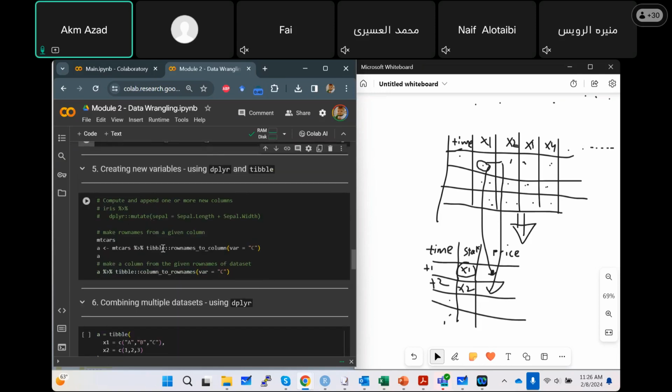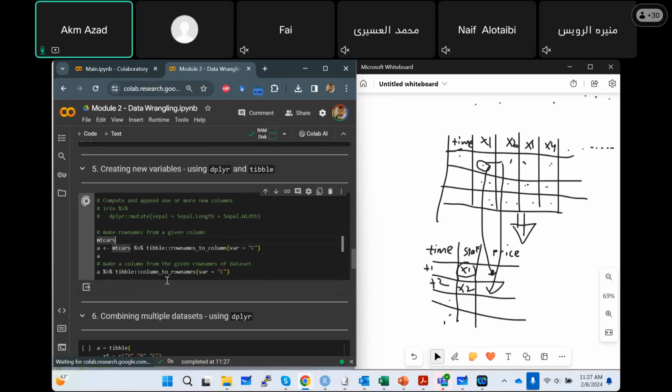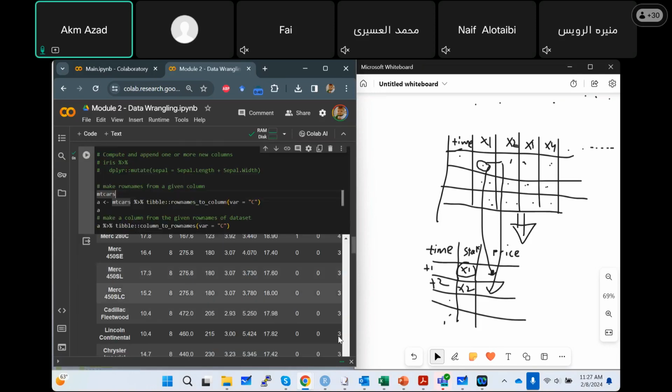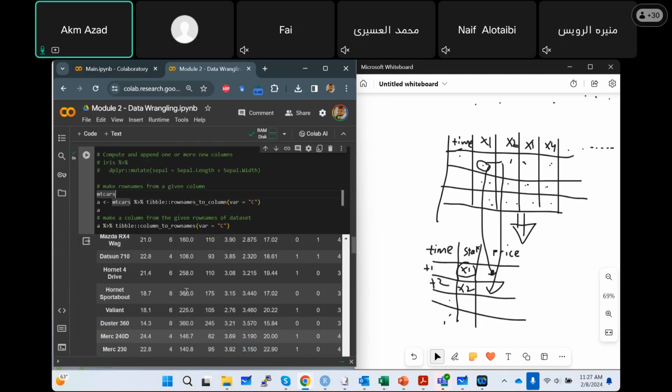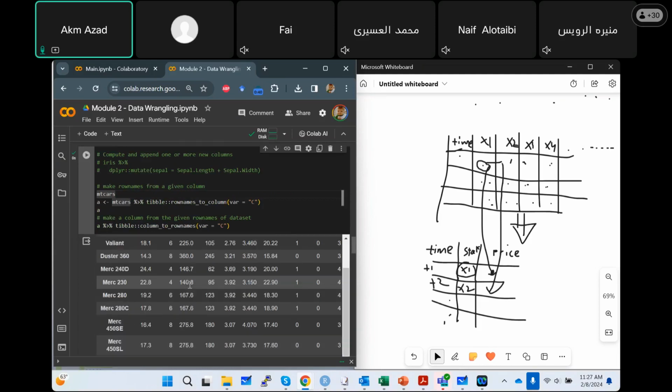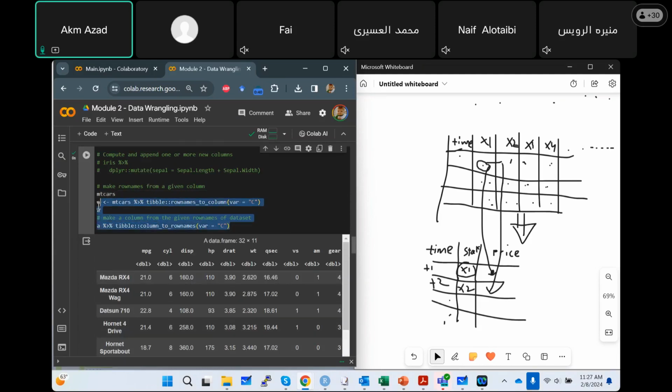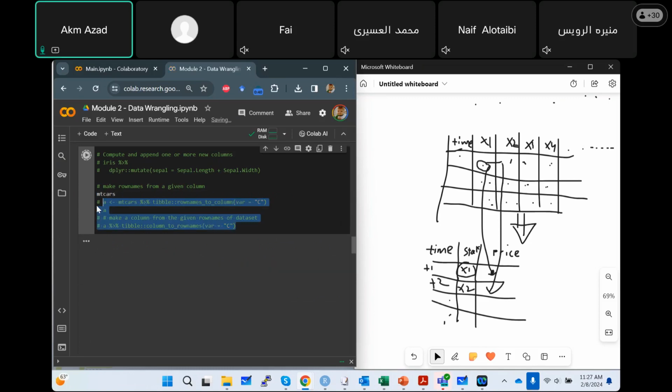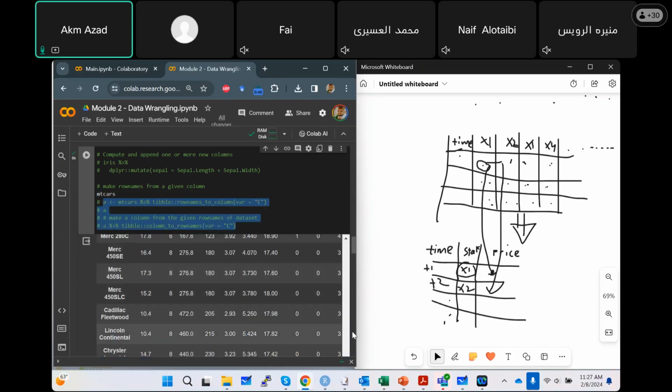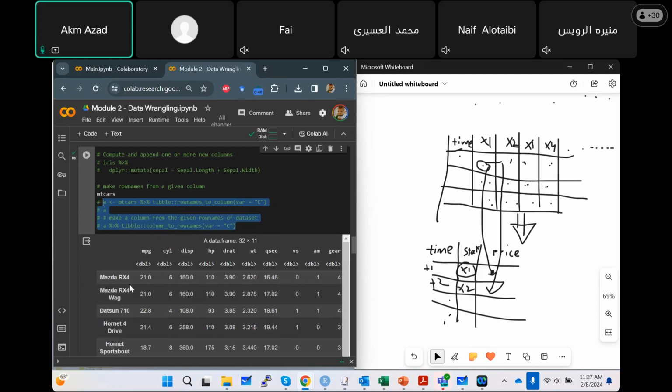Now maybe we need to create a new column. So how can we do that? Maybe there are some row names available. So let's say mtcars is a data set. I'll only show you the mtcars data first. This mtcars is a data frame, but it has row names as well. Now we can accommodate that row name into a new column. How can we do that? Okay, so